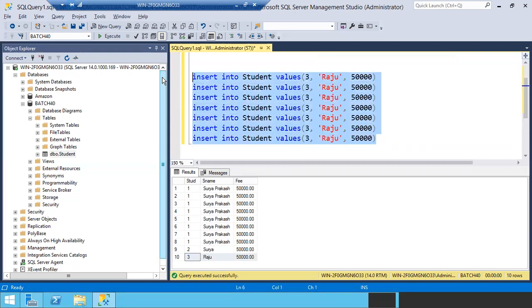Okay, so this is how even developers usually work. If you want to insert multiple values, or for example copy from one table to another table, there are some queries, like the select into query. I don't want to confuse you now. Usually this is how we insert multiple values at a time. In case you want to insert multiple records, you can use this method.